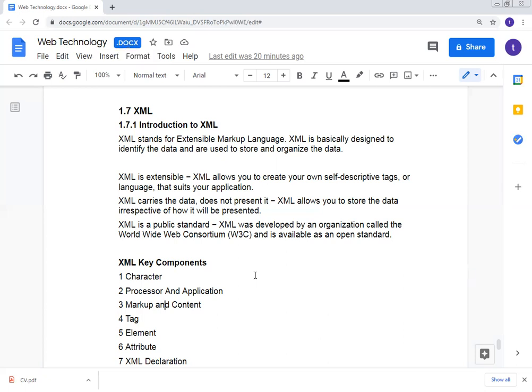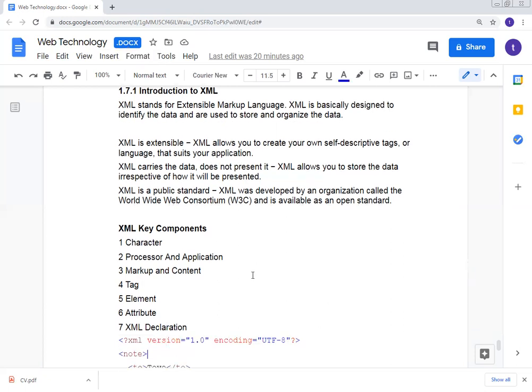An element is a logical document component that either begins with the starting tag and ends with the matching ending tag. For example, if you want to say a greeting, in the open and close angle brackets you write greeting. This is a tag, then hello world, and also the closing tag, slash greeting. Another one is the line break, which is used for breaking two lines.